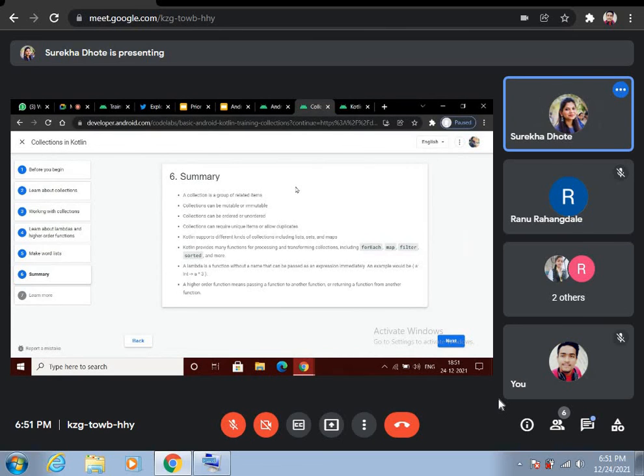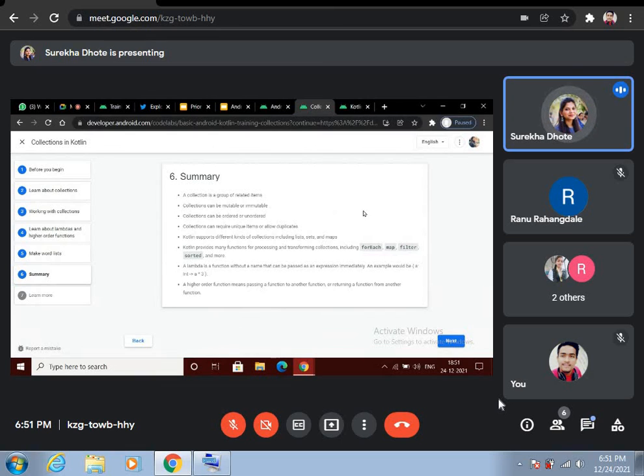So what is a collection? A collection is a group of related items. Collections can be mutable or immutable. Collections can be ordered or unordered. Collections can require unique items or sometimes allow duplicates. Kotlin supports different types of collections, including sets, lists, and maps.